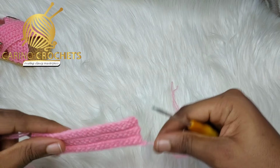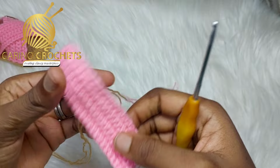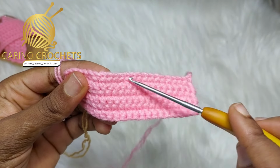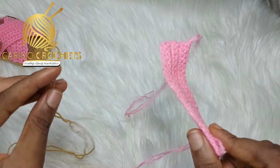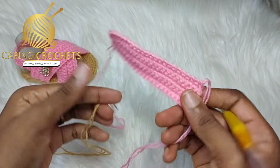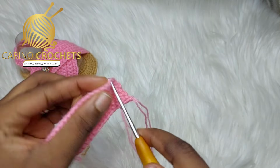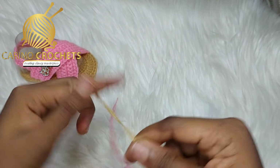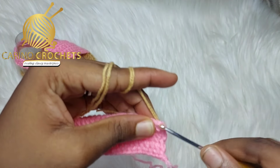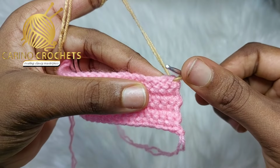In case you want to do some little decorations, this is our front side, because this is where we started. This is the side where we have our chains. This is where we started. So in case you want to do this optional, I don't have it here. I'm just trying to show you a couple of options. So you're going to be turning it over, and you go right inside, grab your contrast color. Might not be this, I'm just using this as an example. So just go ahead, you work slip stitch all the way around,